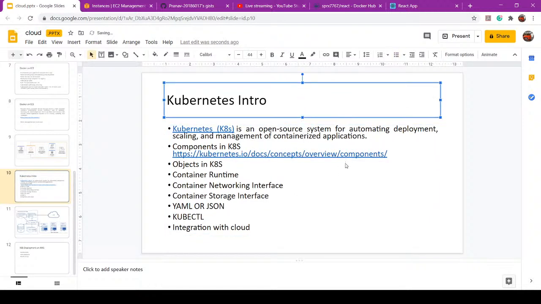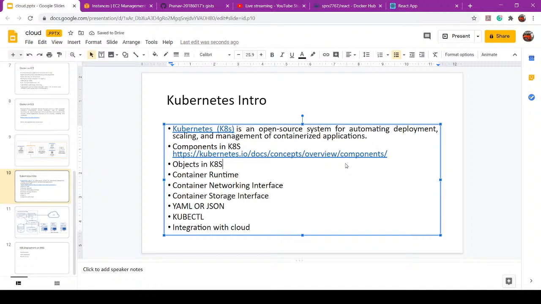The smallest of these objects is called a pod. So that pod becomes the basis for all the other objects that you want to run on Kubernetes. Anything you deploy on Kubernetes has to be a pod. A pod is basically the smallest unit in Kubernetes, and it can run one or more containers